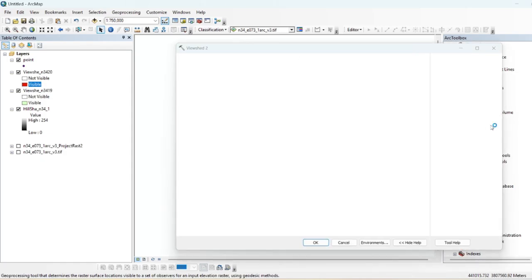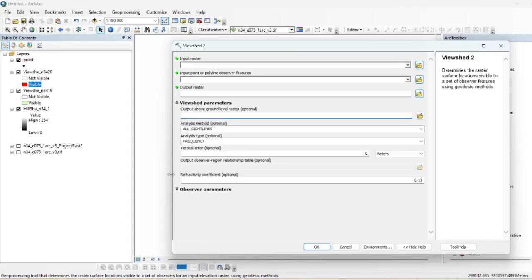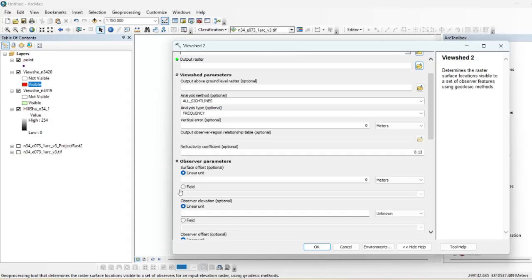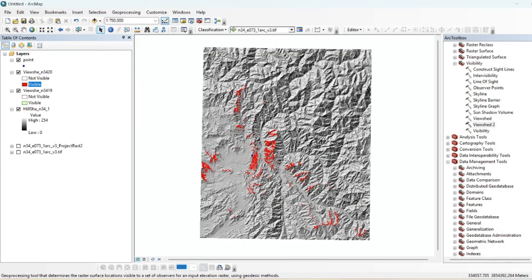So there is also a viewshed tool that allows you to add some more parameters, like you can add a surface offset and radius, like inside which radius. Right now this tool is running on all of my raster, but if I make a radius around my observer, then this tool will only highlight those areas that are inside that radius.